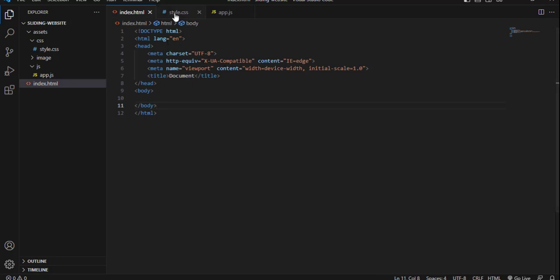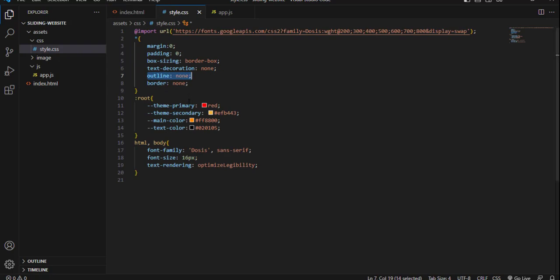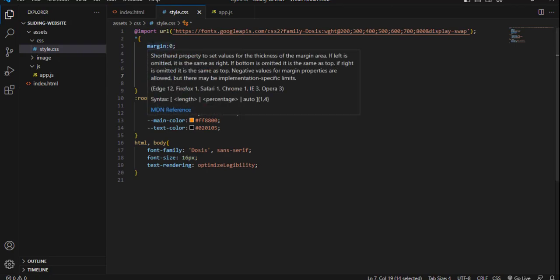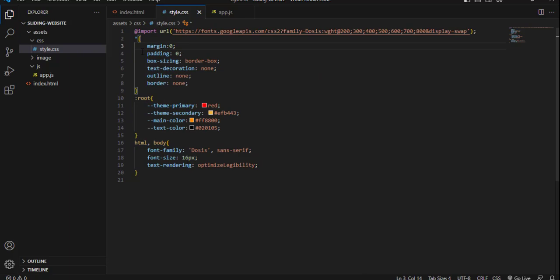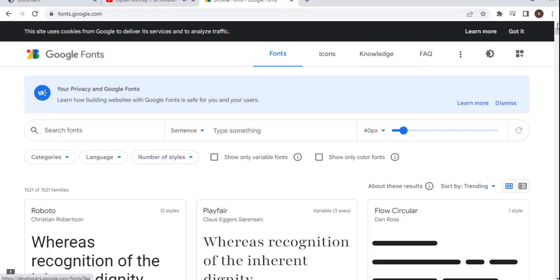So now, as you can see, here we have the style.css document. We have just added some property value pairs. We have the universal selector, margin 0, padding 0, box-sizing border-box, and also we are going to add a color. We have a color variable, and again we have just added fonts. So to do this, head over